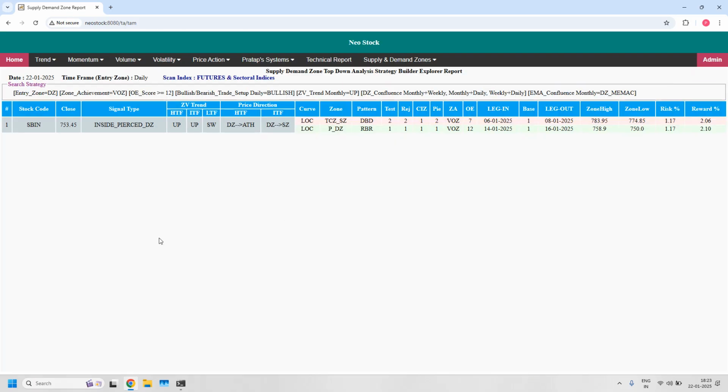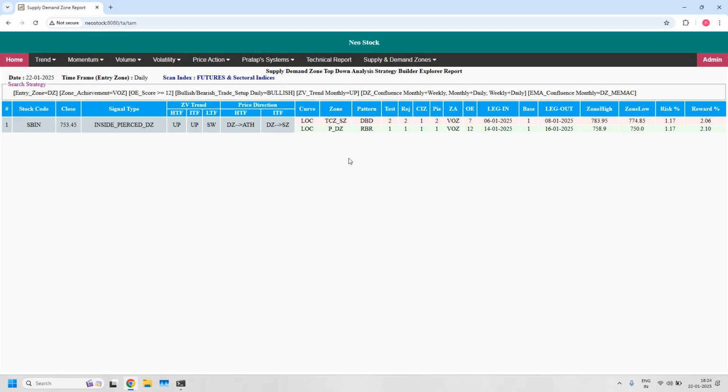Let's verify. We got 1 stock. So this is even more high probability trade setup supported zone, but remember it is a pierced zone. So you have to apply pierced zone strategies on this stock. Okay, next,